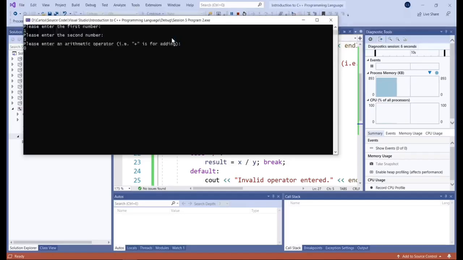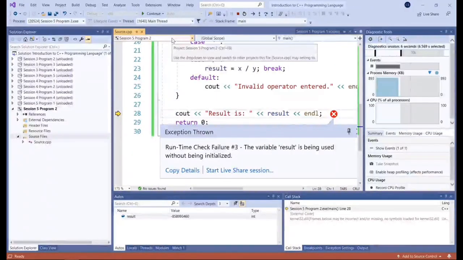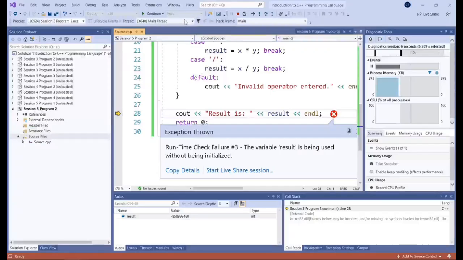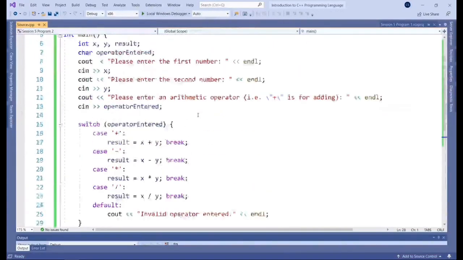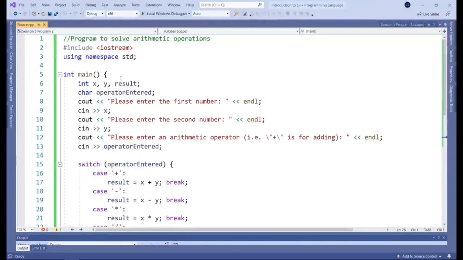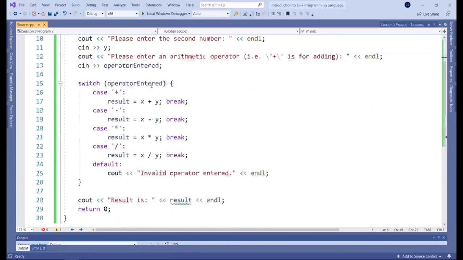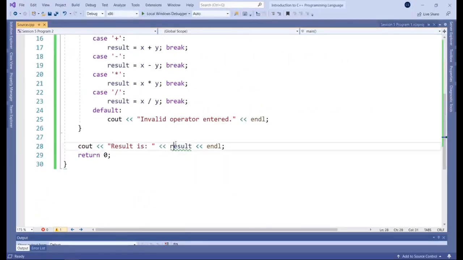Let's just enter 0. Now we get an error, and I'll tell you exactly why we get that error. Because if you recall back up to this point, we declare the result variable, but we don't give it a value. And that can be problematic down here because we actually try to print out the value of this variable, but this variable is undefined. Therefore, you get an error. So you can see here: using uninitialized memory result.